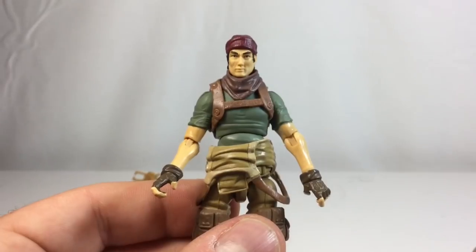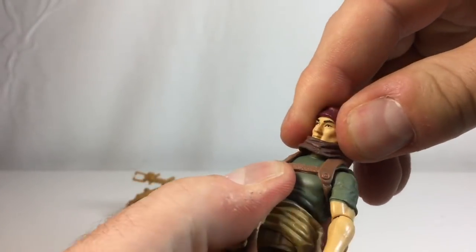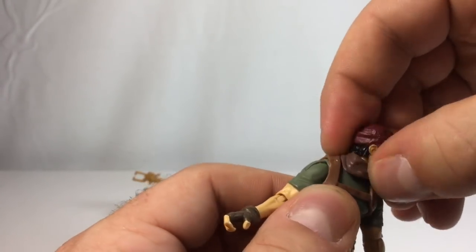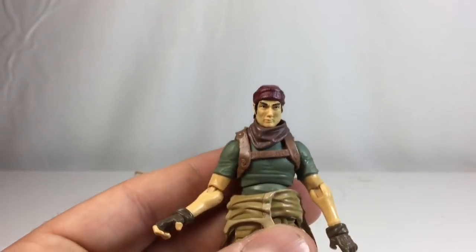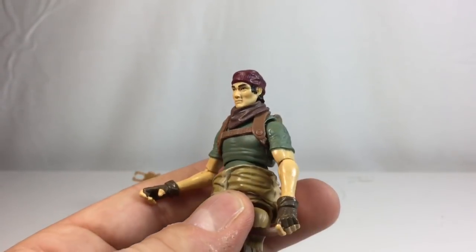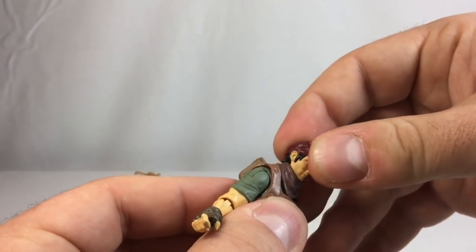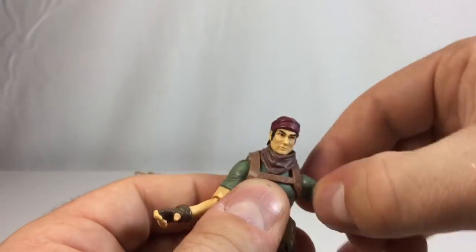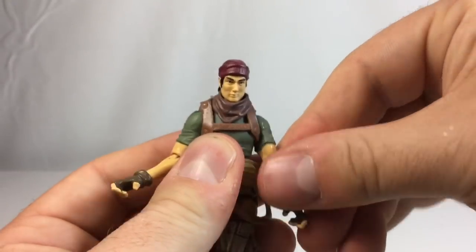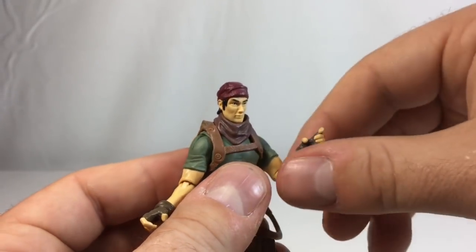So, as far as his articulation does go, his head can swivel full 360 rotation. You can remove this scarf as well. It is a separate piece. You can pop that head off and pop the scarf off if you so choose. His head can look up and down. It cannot tilt side to side. No jive turkeys. Arms go up, they go down, full 360 rotation there,